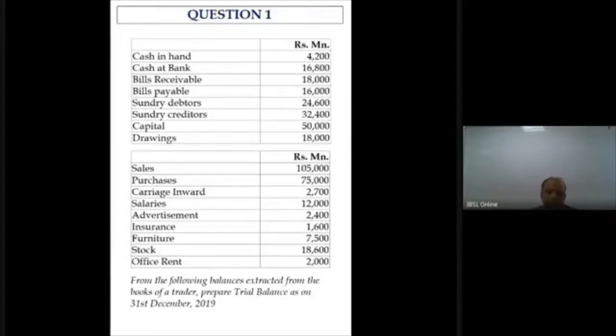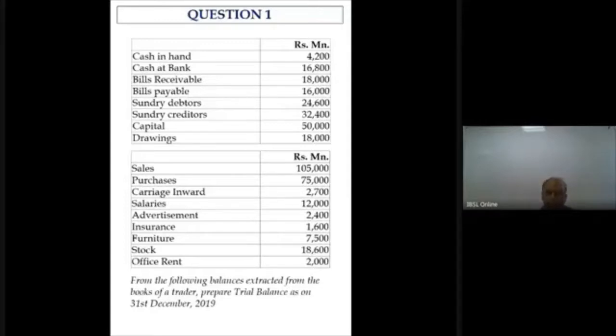What are the 5 items? Whether it is an asset, a liability, a capital or equity related account, an income, or an expense. These are the 5 things that you need to understand: asset, liability, capital or equity elements, income and expense. If it is an asset, just put A. Liability is L. If it is capital, you can say C. Income I. Expense E.